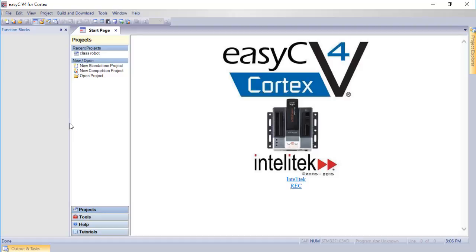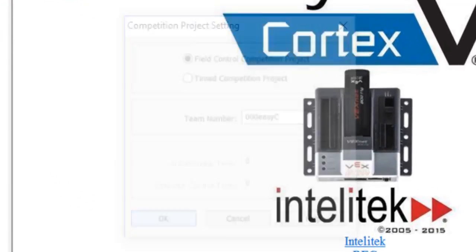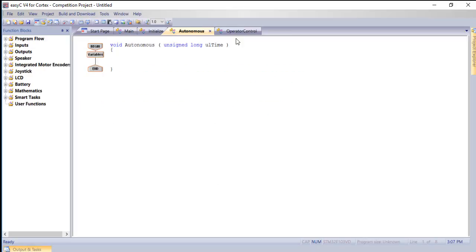So inside EasyC, the first thing we're going to do is make a new competition project. We're choosing competition project, and we'll look at why in just a second. You just go ahead and press OK. We're going to have our main, we're going to have our initialize, and we're going to have the two main